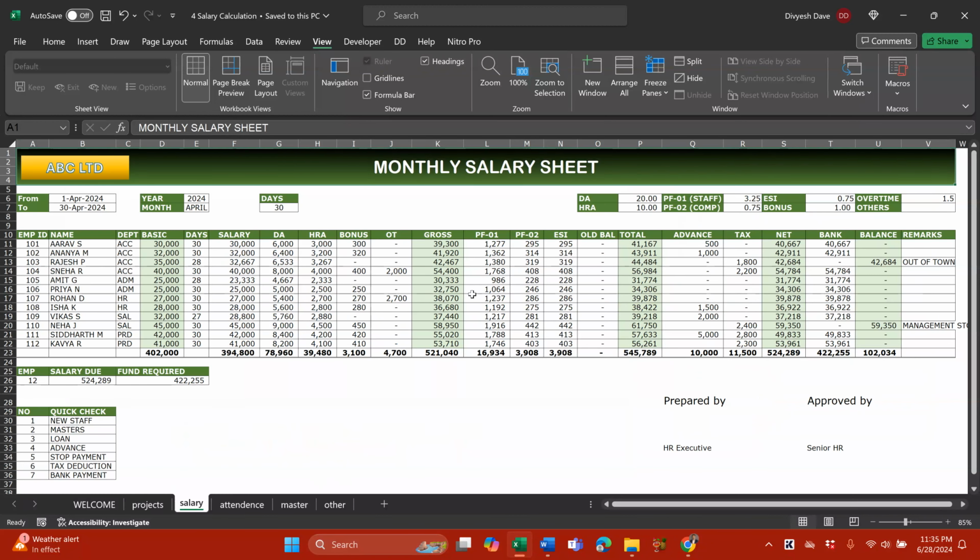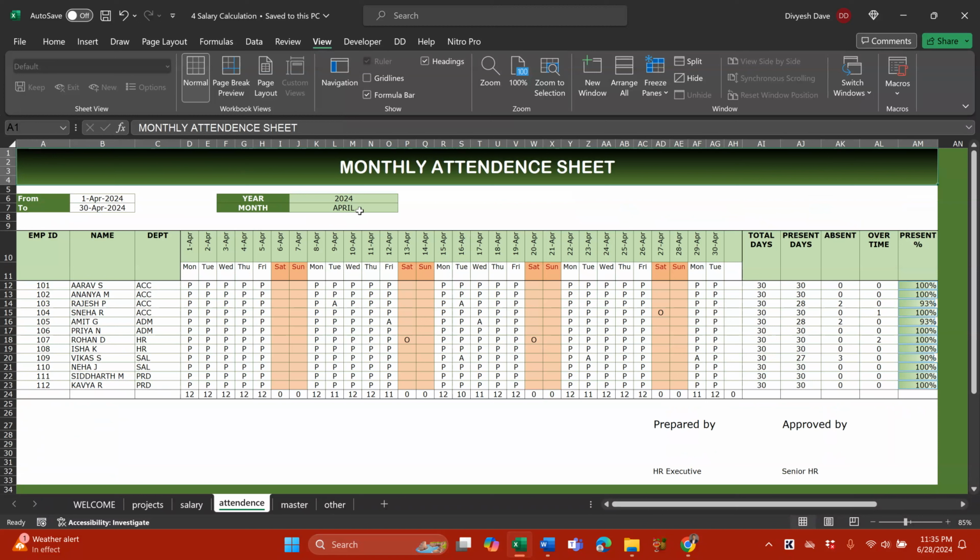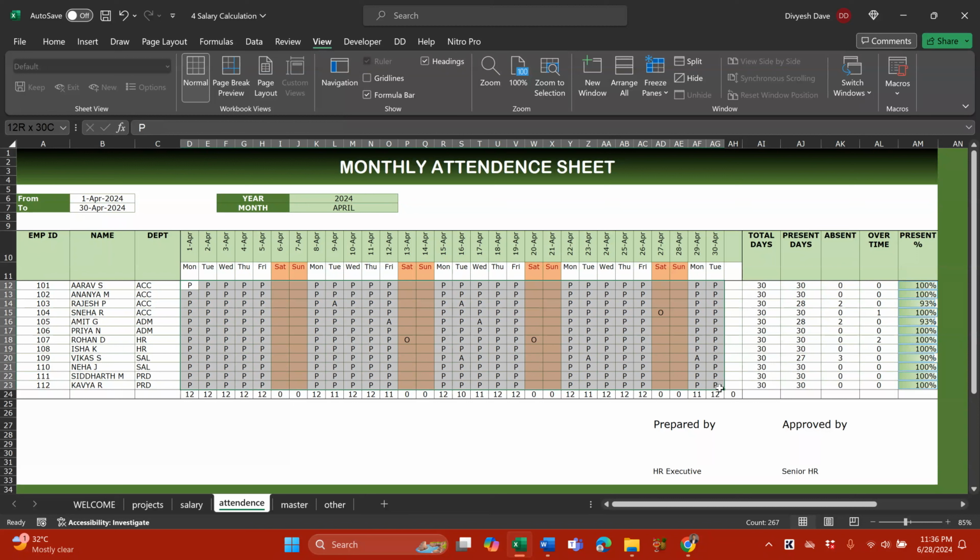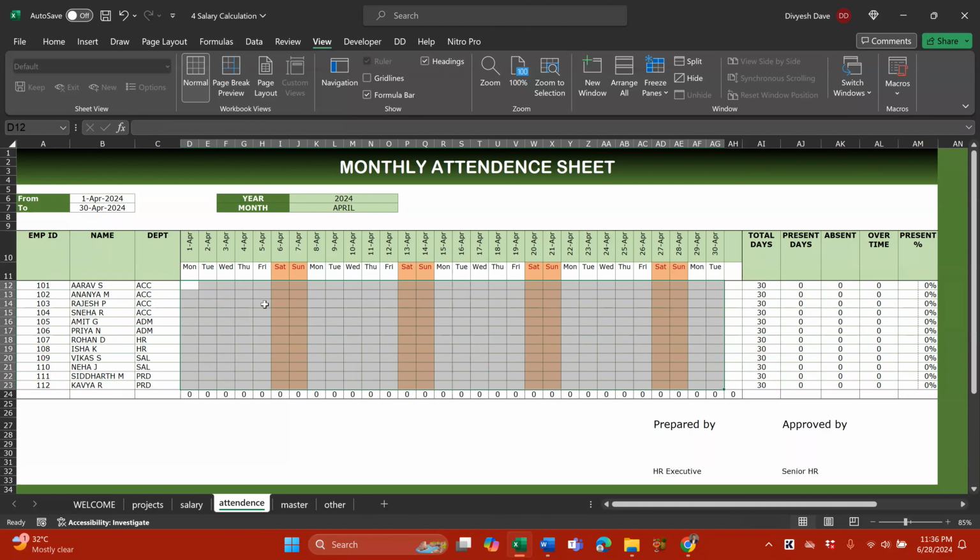So let's say for example, this is our attendance sheet that we have created. I will upload this Excel for your reference. So you can directly take idea from this Excel, or you can directly use it by just changing the heading and all. So every time we change the month, automatically the sequence changes, and because we cannot make it dynamic, every day we have to monitor how many people are present or absent. We can either add the checkbox, but it was so complex, so I just added